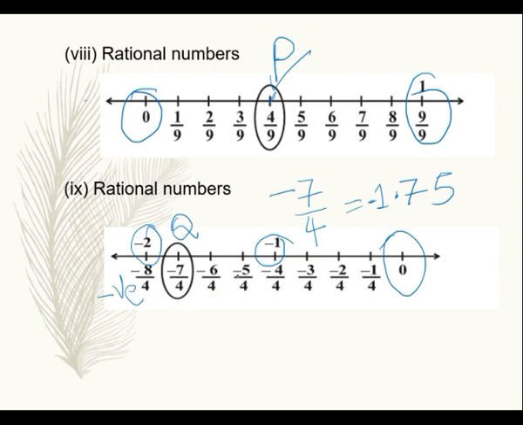So that's how you can decide where to show and how to show. First remember, if you want to represent any rational number, the denominator gives us how many parts to be made, and the numerator tells us whether it belongs between 0 and 1, or 0 and minus 1, or minus 1 and minus 2, and where it is. So you have to carefully observe how many parts to be made first and where it lies, between which two integers.